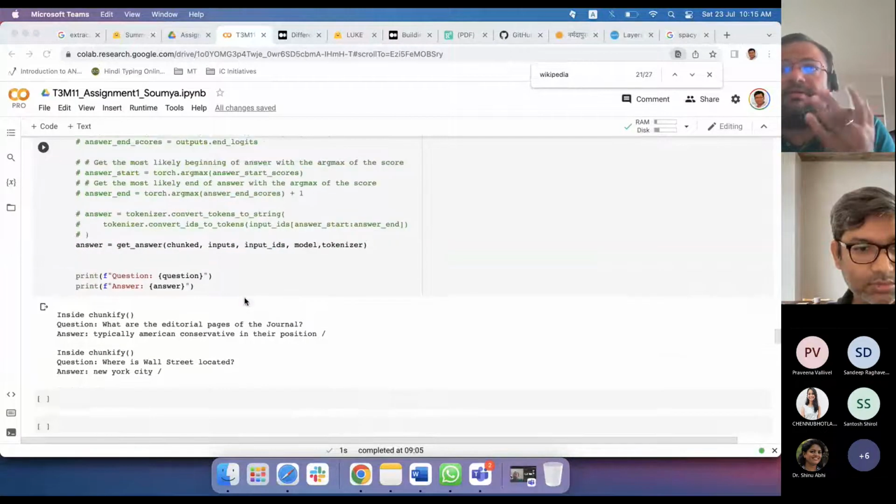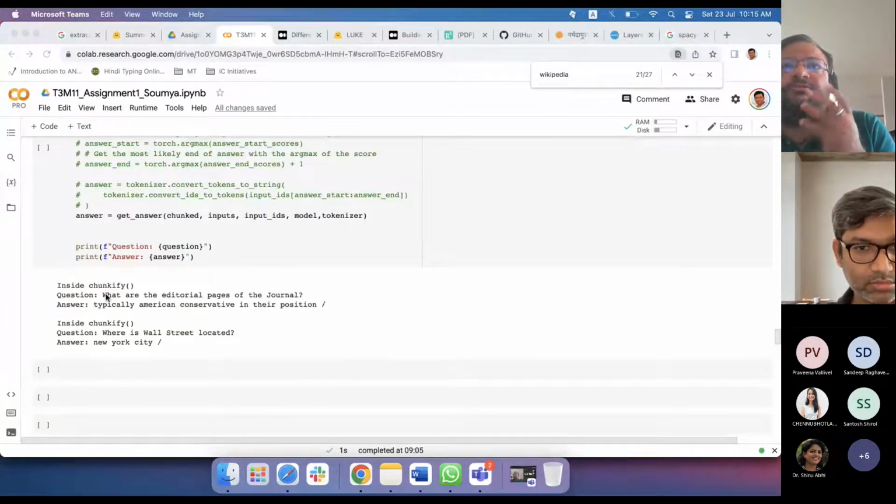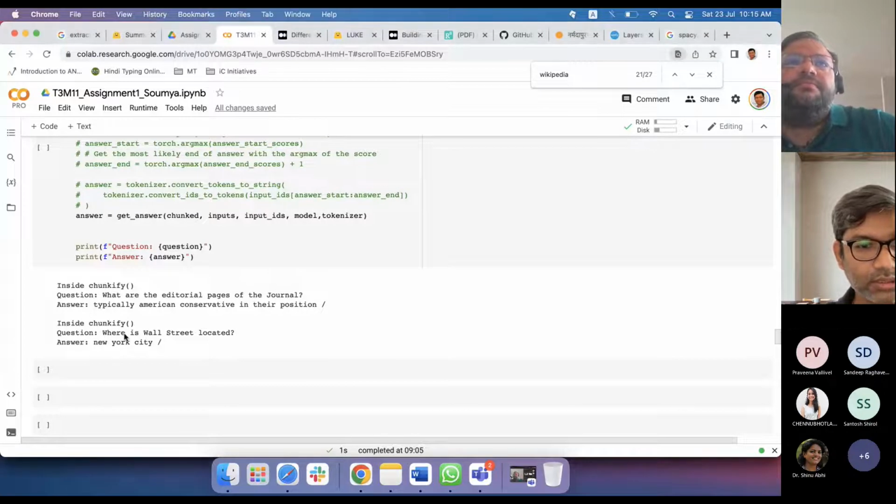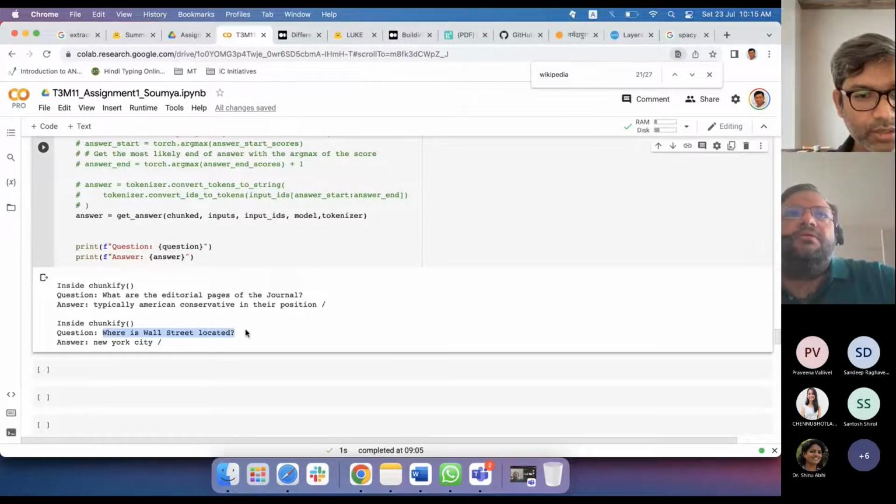If I can share the screen. Yeah, please go ahead. I would encourage people to show the code as well. This is an MTech AI class, so code discussion is a very important part. This is what I'm getting. Where is the Wall Street located?